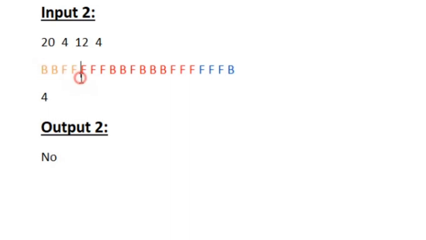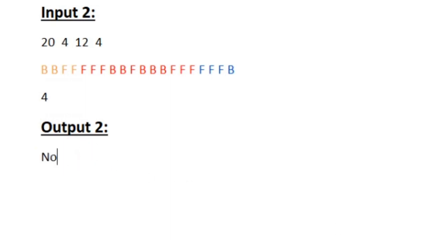So first let us check in the X block. There are only 2 seats which are free, so it is not possible. So we move on to the Y block. In Y block we have more free seats, but they are not continuous. At most there are only 3 continuous seats, but we need 4 continuous seats. So in the Y block also we don't have 4 continuous seats, so it is not possible to book in Y block. So we move on to the Z block, and in Z block also we have at most 3 continuous seats, so it is not possible to book in Z block also. So for this particular input our output is no.